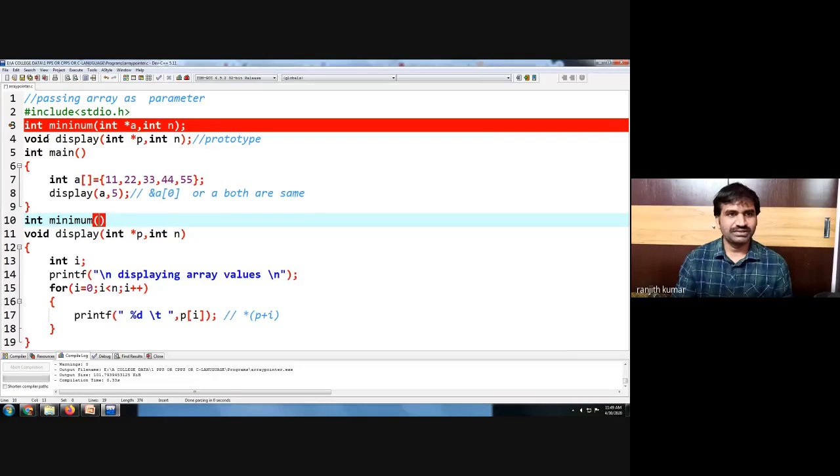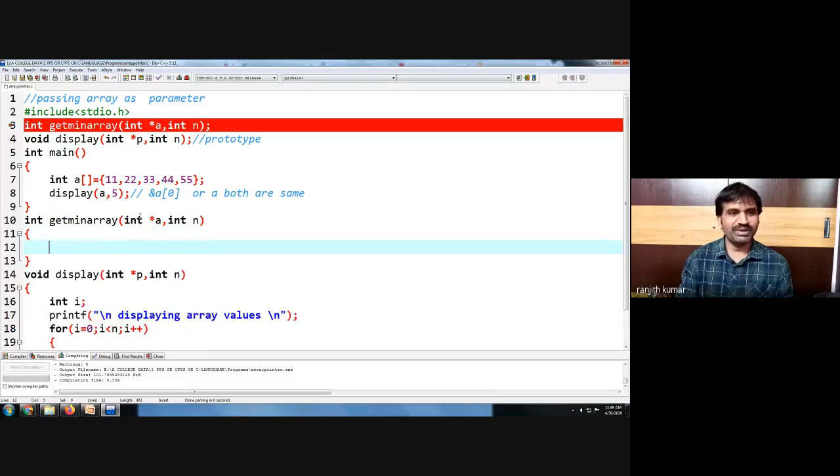We can say array min, or change the function name to min array, or more meaningful, get min array. Now the list of parameters is int star a, comma, int n.